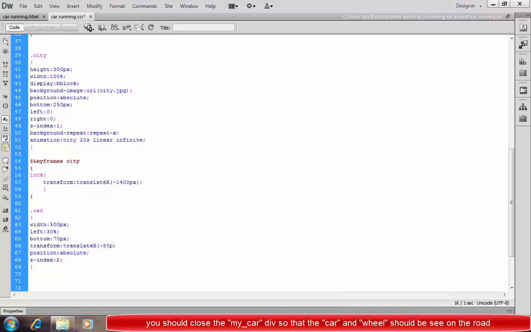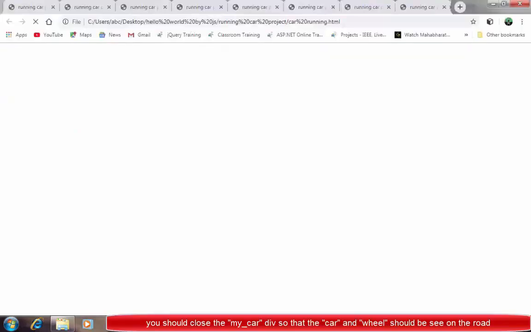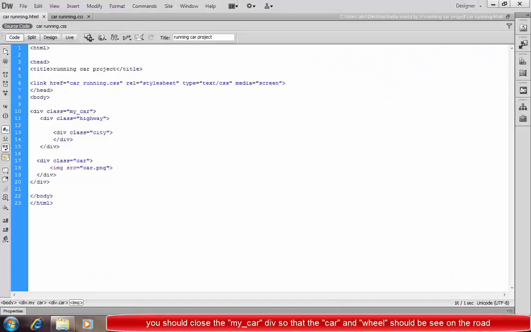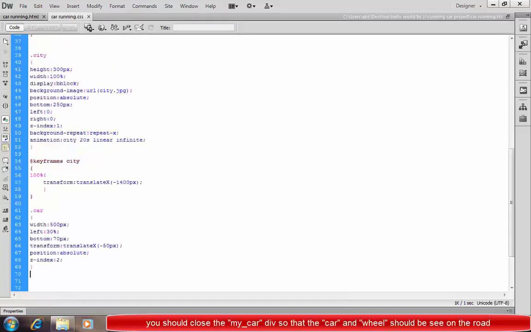And here you can use transform. For transform we use translateX, which means it moves along the x-axis only. And here I save it. You can see that there are no images present in our browser. So first you close the div, close my car div here, and after that we run it.